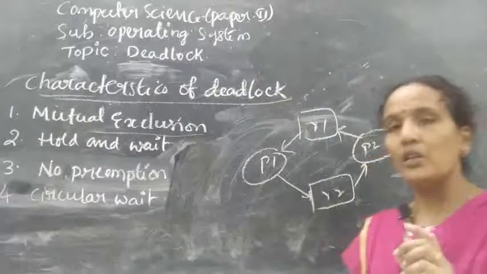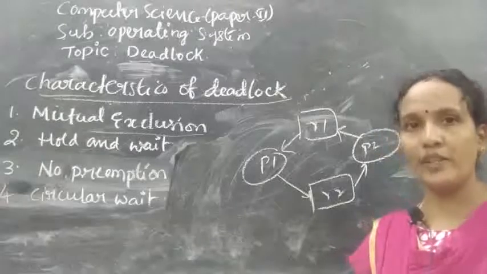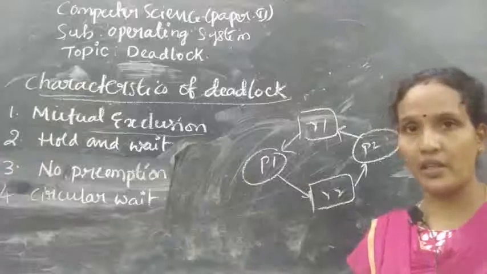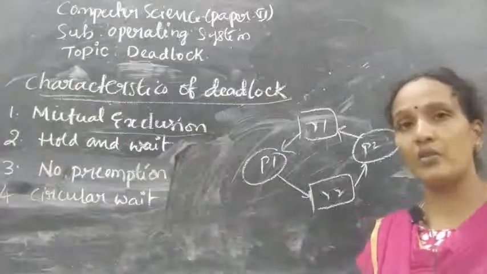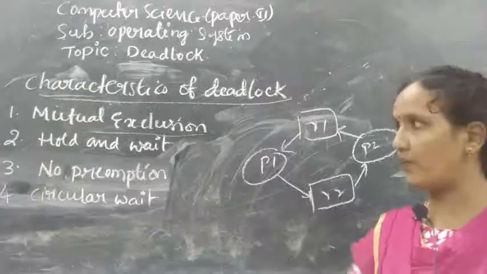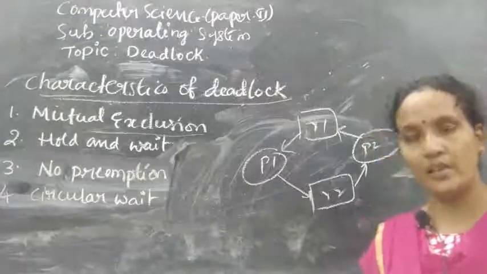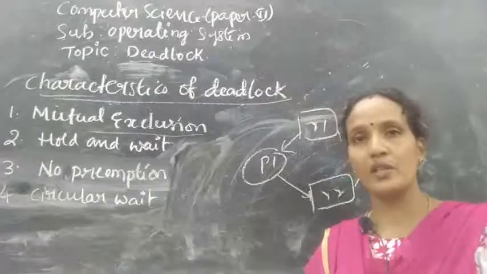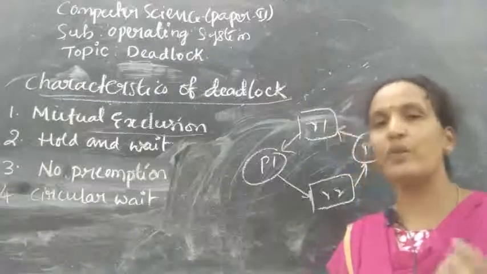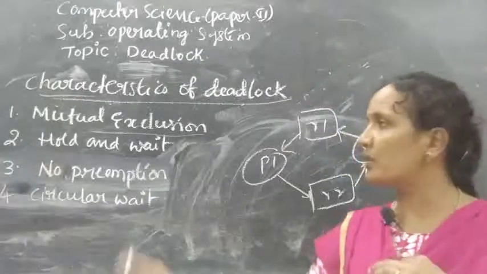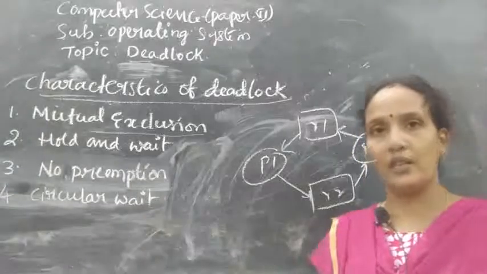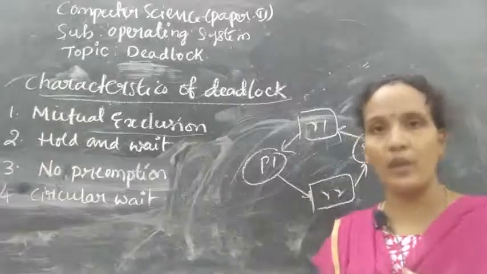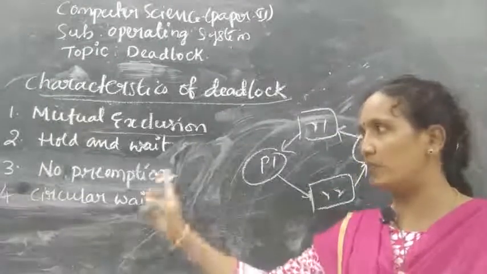Clear, all of you? So in what situations will you get a deadlock? With mutual exclusion, if any non-shareable resource is there, you may get a deadlock. Hold and wait: if processes are holding some resources and requesting new resources, the process will never complete its execution. That may also lead to a deadlock. Now the third one, no preemption. If any resource is non-preemptive, the process needs to wait for a long time. That situation also leads to a deadlock.